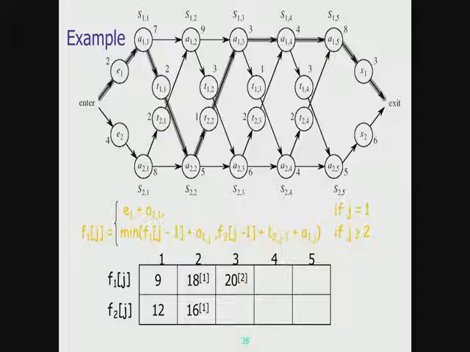Similarly, at station 3 on line 1, observe that the fastest way of crossing station 3 on line 1 goes through station 2 on line 2 and uses 20 units of time, as opposed to crossing station 3 on line 2, which takes 22 units of time. Similarly, crossing station 4 on line 1 takes 24 units of time via station 3 on line 1 itself, and on line 2 it takes 25 units of time via station 3 on line 1,